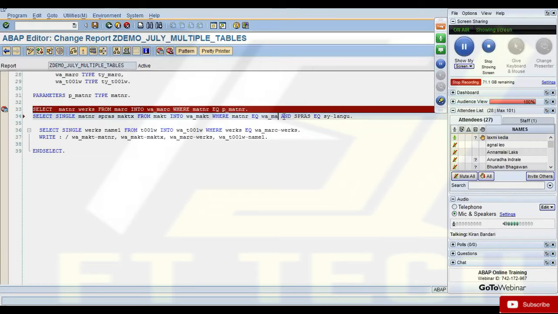Then I think the select and endselect should not be there if you are using the P_MATNR in that where clause, because it will ultimately loop once. Yes, you can basically write this select outside the loop also if you are using P_MATNR, because you are only processing one material. But if I use select options and give a range of materials, then this is how it should be.